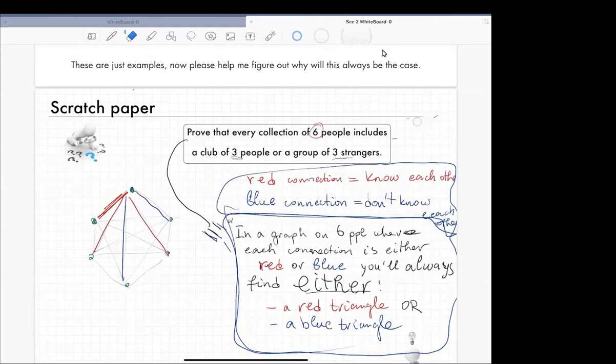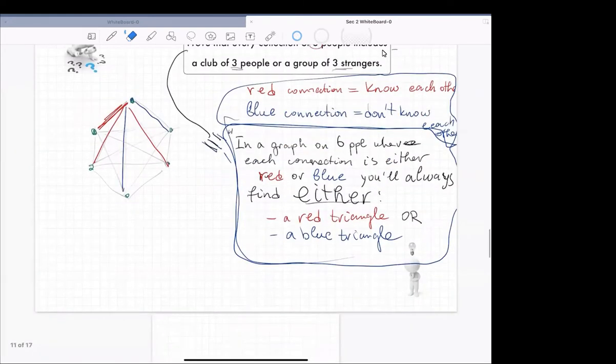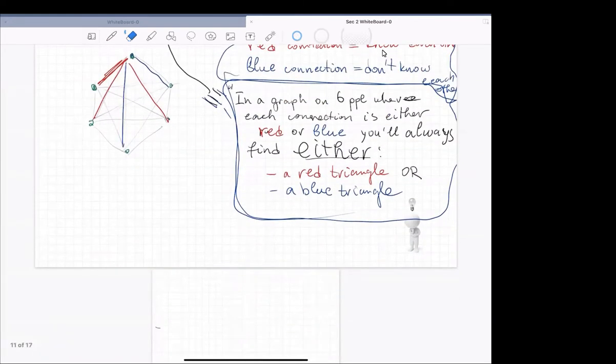Sorry, I guess I interrupted you because I posed the question, well, how do we go about this? Maybe some people have an idea and I've just interrupted the flow. So what are the ideas? I was going to ask, can we choose to prove that it isn't true? Because if 1 knows 2 and 2 knows 3 and you're going around in a circle, you're never going to have a group of 3 people who all know each other or all don't know each other.